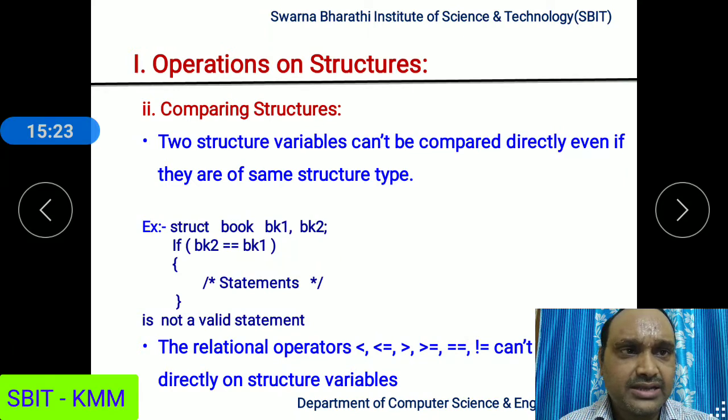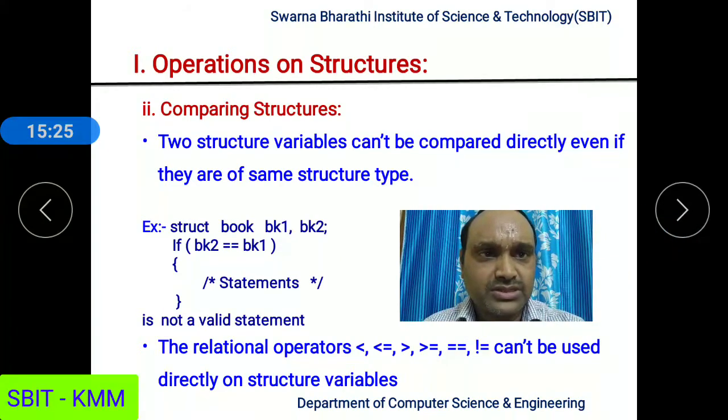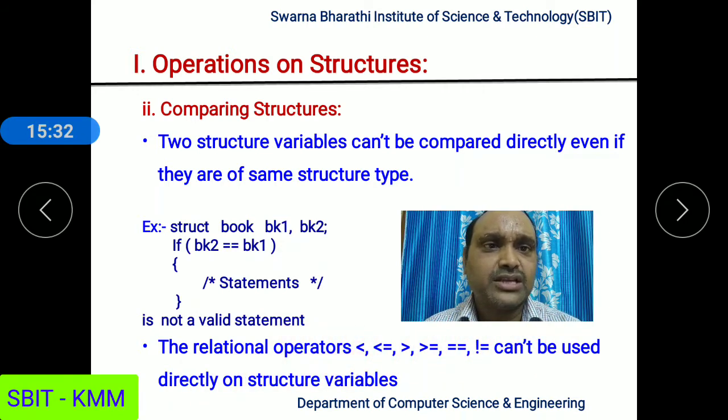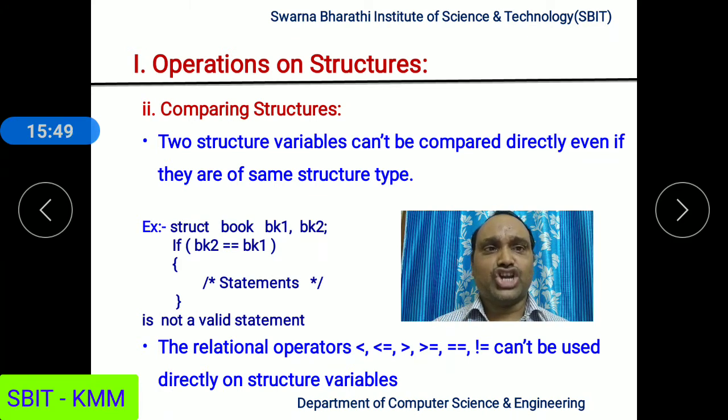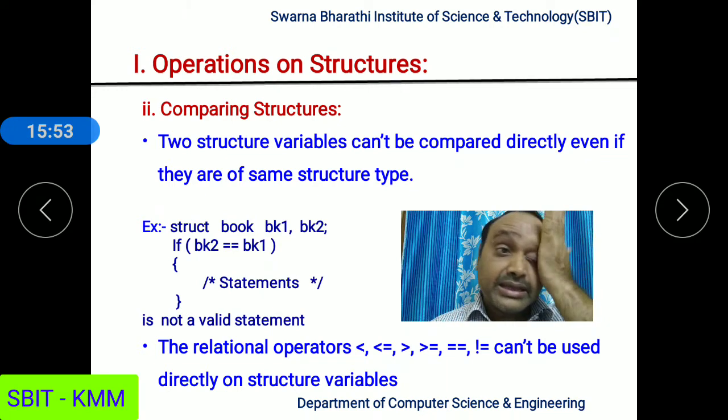Relational operators are used to compare two variables to know whether one variable value is equal to the other or not, or whether one is less than or equal to the other. So relational operators cannot be used directly on the structure